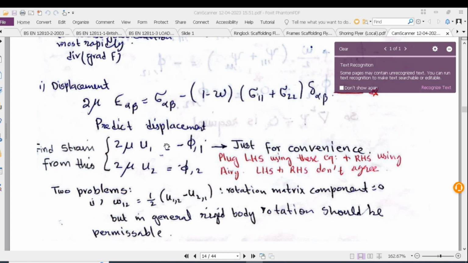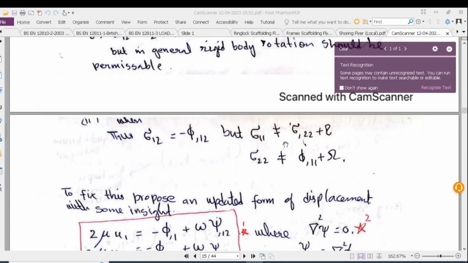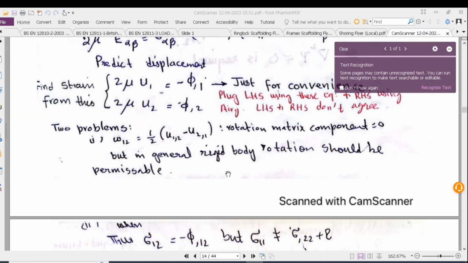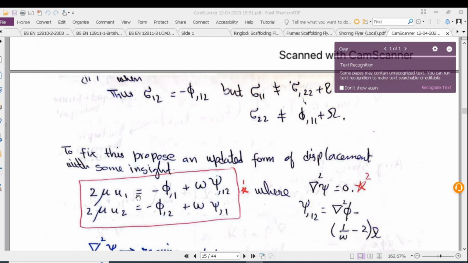The main problem is that if we plug the values in our constitutive equation, we won't be able to equate the left hand side with the right hand side, and that has been shown over here. So therefore, we have to change our selection of displacement field, and if we take something like this one,